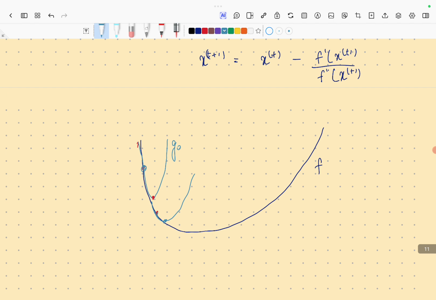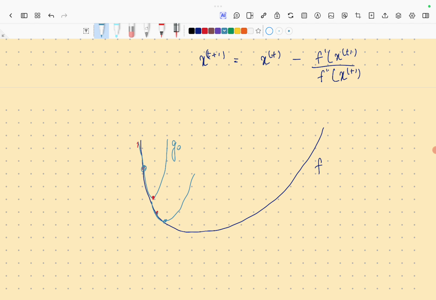Now, on the face of it, it may not seem like we're doing anything much better than gradient descent, right? Except that you can think of it as taking a different step size every time. We'll see some examples later in higher dimensions. But one advantage that Newton's method offers is that if the slope is high, so if the derivative is high,